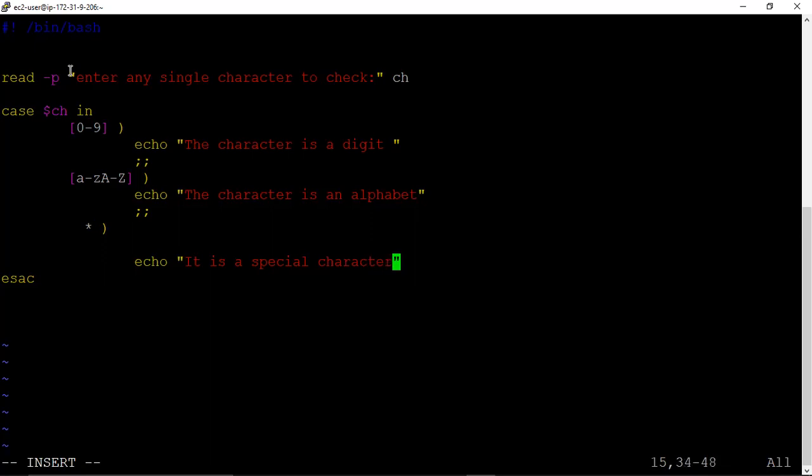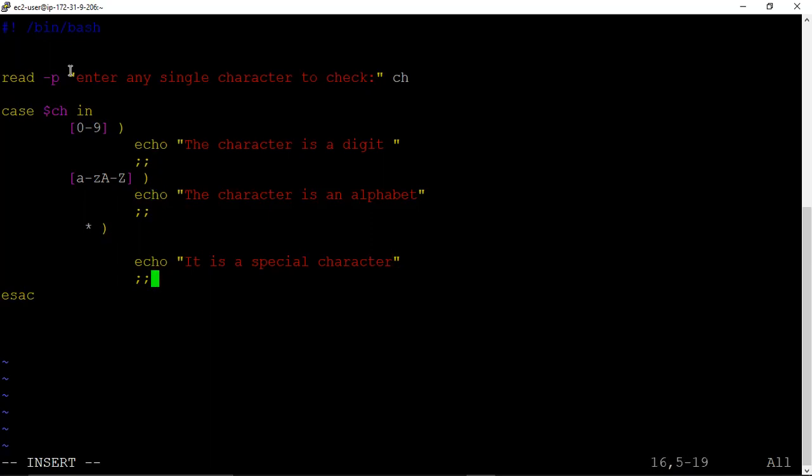Okay. Any doubt? So here we can put the double semicolon two times or not. This is not mandatory at the end. But for the variable pattern, we should have a closing bracket like this.